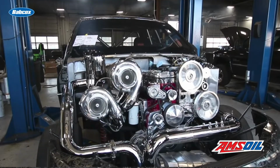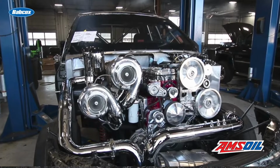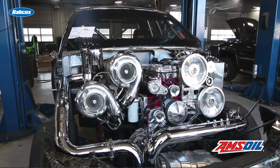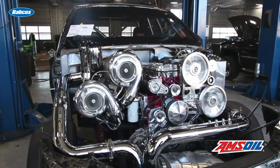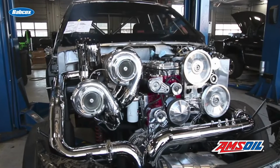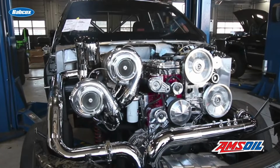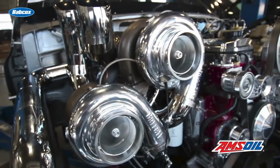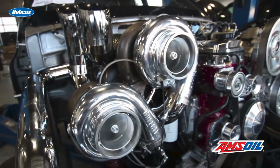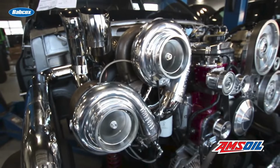The truck right now runs 3 CP3 pumps. Two are driven off the belt. But that engine, it's the exact same rotating assembly, all that stuff that's in the truck. But I went to a dry sump oiling system and a gear-driven timing cover, so that incorporates all the CP3s to be driven off of gears instead of a belt. The setup on that, it's got 3 Garrett GTX Gen 2 106 millimeter turbochargers on it, and 4 kits of